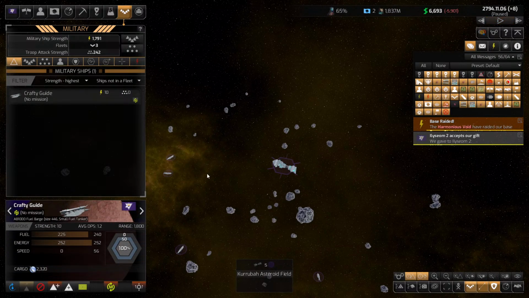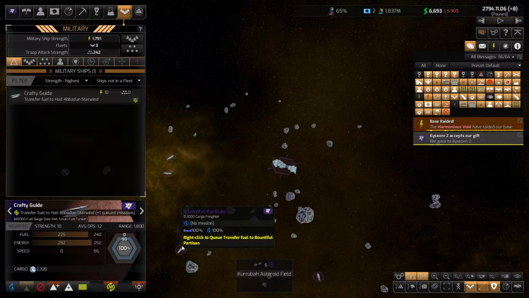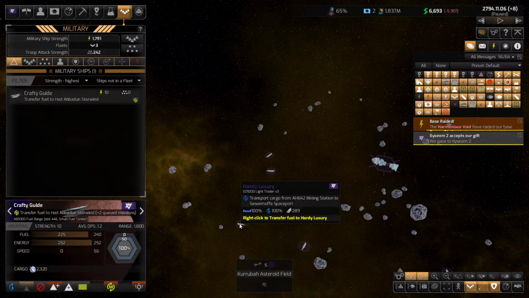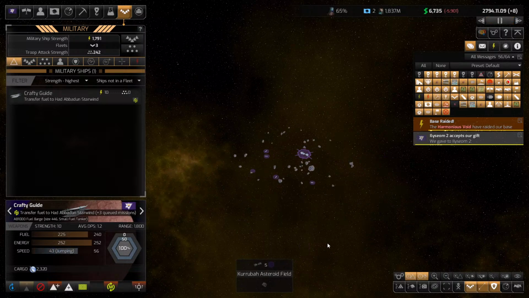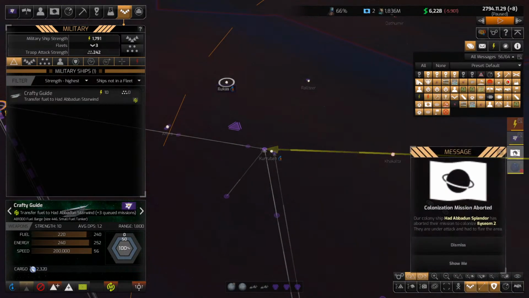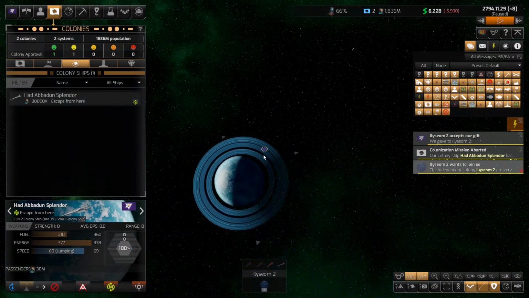Let's go to 10 here. Can you refuel this guy? Refuel this guy. Refuel this guy. Oh. And then refuel this guy. Thanks a ton. Why are... What? Every...